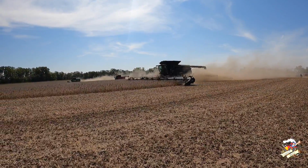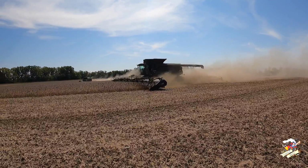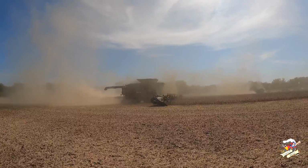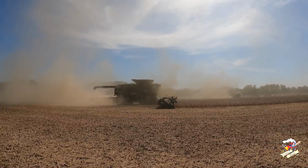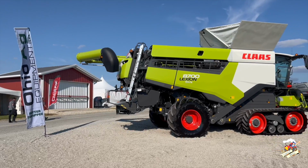Really did not get much footage out at the field demonstration areas, but I did get out here for the combines, got to see the corn harvest and the soybean harvest, but I ended up running into some people I know and talking, but that's the way it goes. I am sure I will get a chance to video this 62-foot Draper head somewhere else,